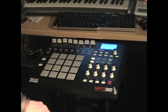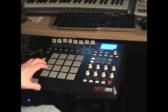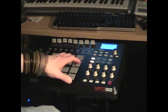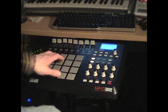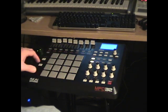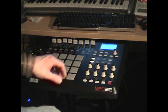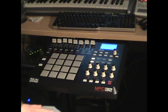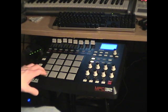Alright, so here's the test. Basically a huge difference in the response. I'm barely pushing down. Nice and light. I got it set to full level. So it's always outputting 127 velocity, the highest MIDI velocity, but